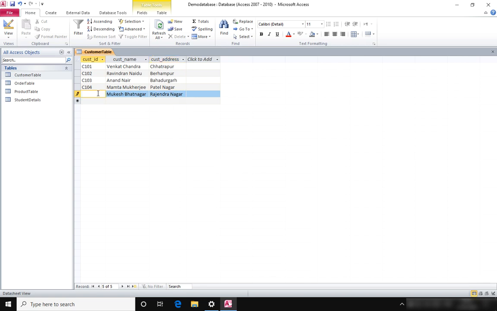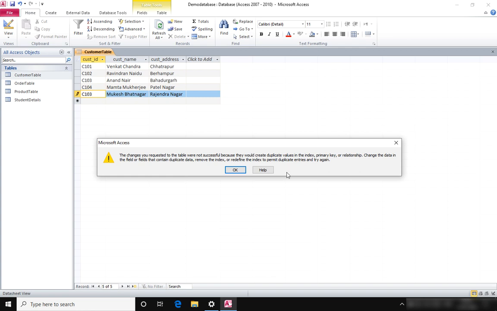Let's try again providing some value which already exists, like C103. Now try to move to the next row. Again the same error, because this will create duplicate values in the index or primary key.